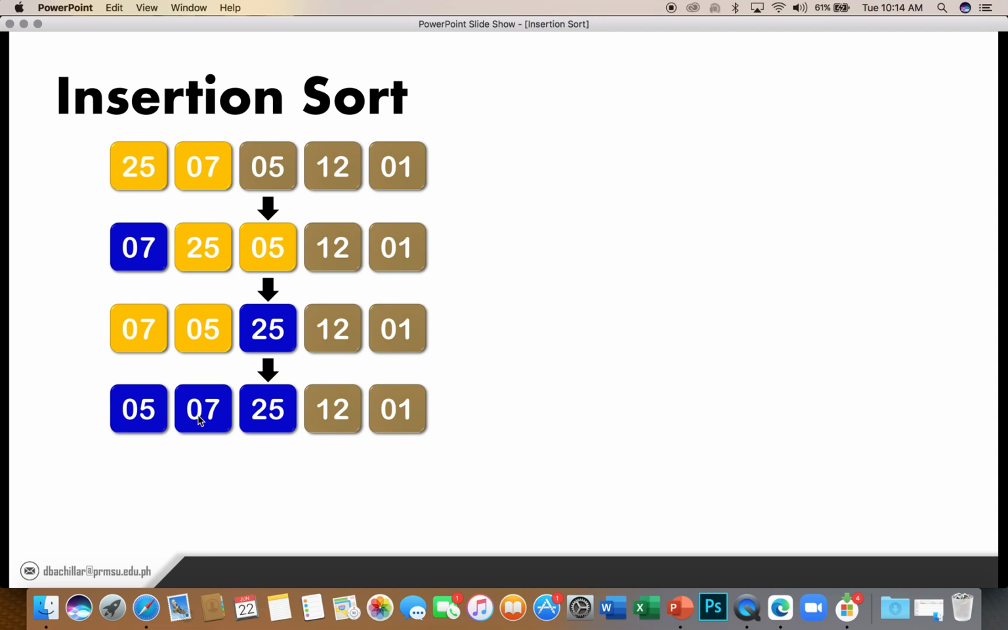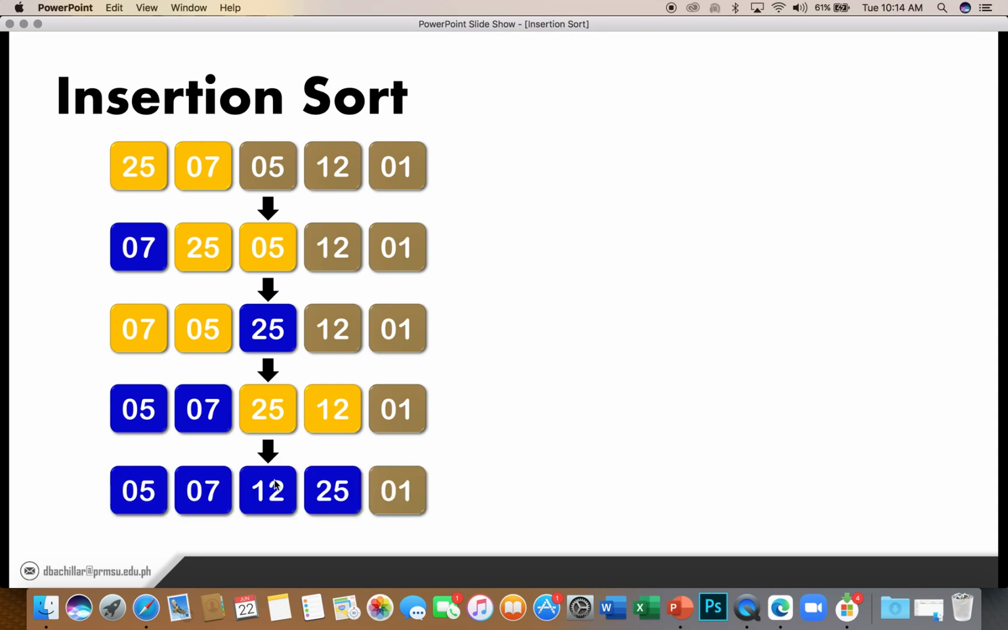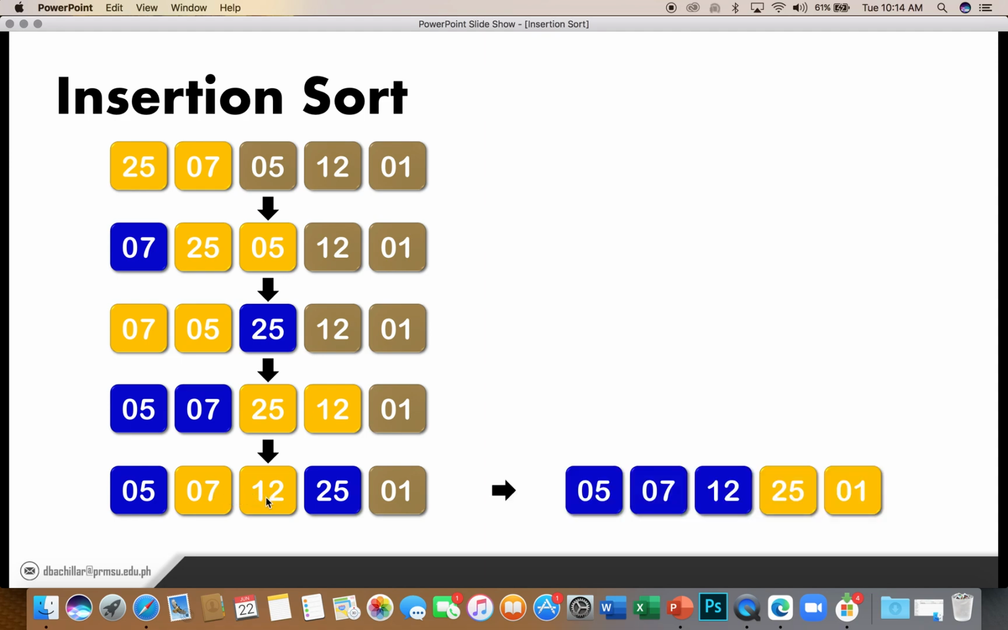So, proceed tayo sa next. We have 25 and 12. So since 25 is greater than 12, pagpalitin din natin yung kanilang position. And then, after that, syempre, compare pa rin natin si 12 dun sa left side, which is yung 7. Since 7 is not greater than 12, that means retain natin yung value and then proceed tayo sa next, which